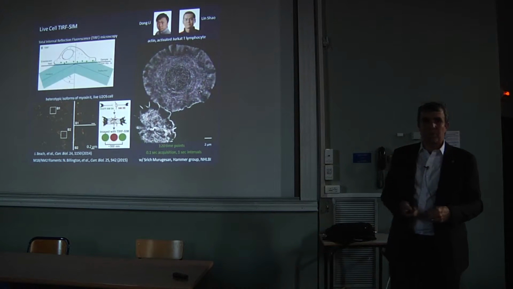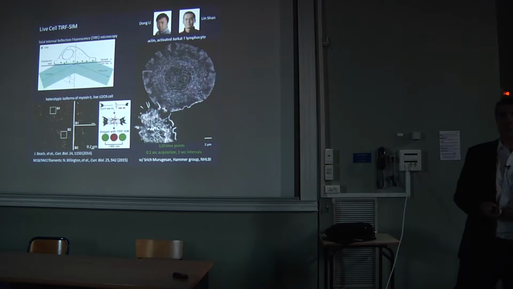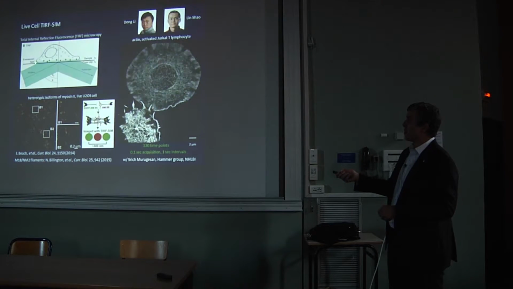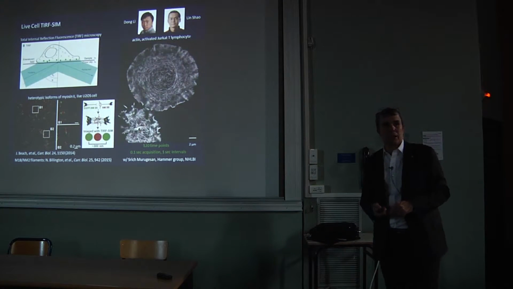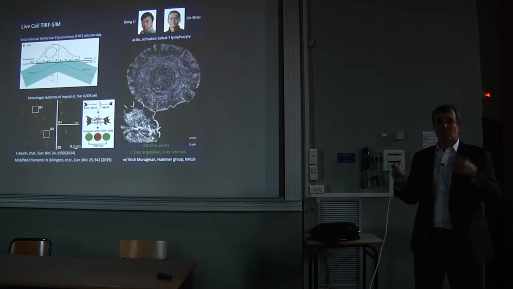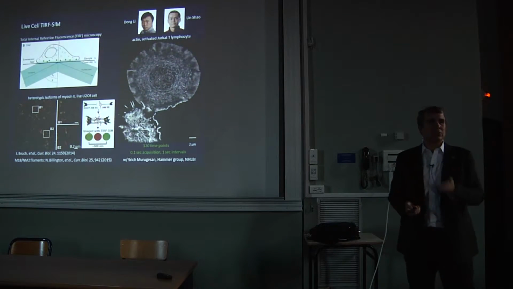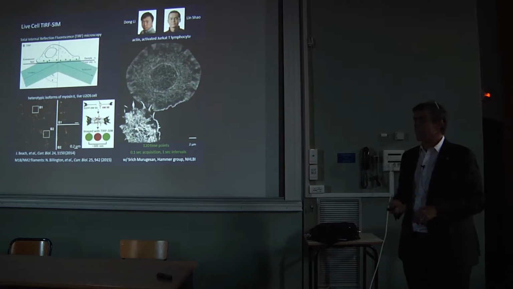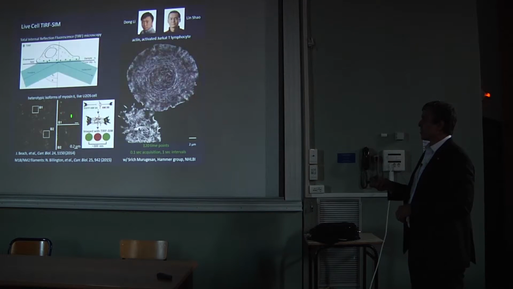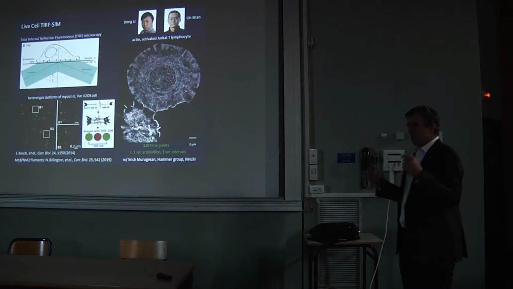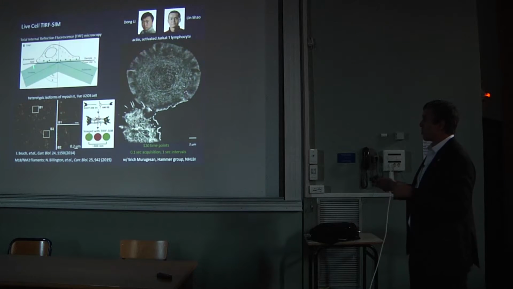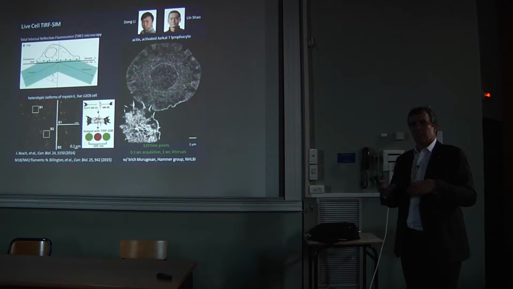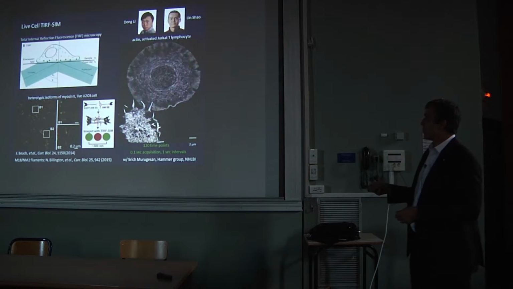But the method that's probably been most used by our collaborators with SIM is to do it in TIRF, where you use an evanescent field to only illuminate the bottom of the cell. Not only does this reduce the excitation and the damage to the rest of the specimen, it creates very high SNR for SIM and makes it easy to do. So we've used that to study how myosin 2, a motor protein, ends up bundling together in these bipolar filaments and how different types of myosin 2s come together.